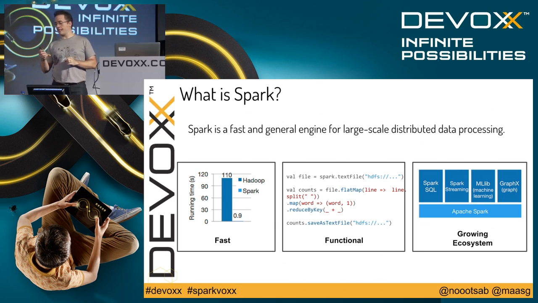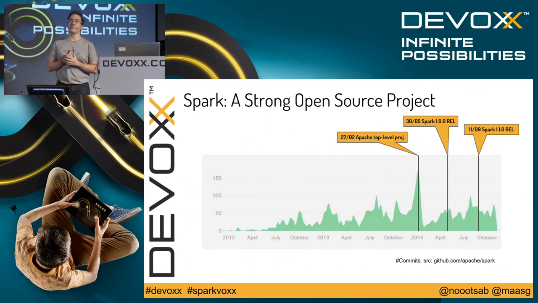The other thing I would like to mention is that there is a very fast-growing ecosystem, and it's also a very successful open source project. So if you really want to get your hands dirty with Spark, you go to GitHub and you can start looking into the code. This is a bit of the timeline, so you see that Spark really started to peak. My laser doesn't reach so far. In 2014, you see that the activity in the community really took off.